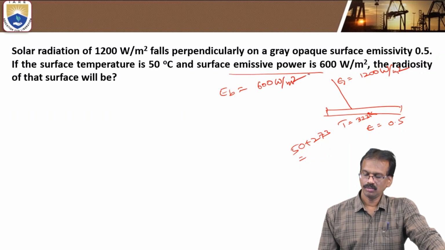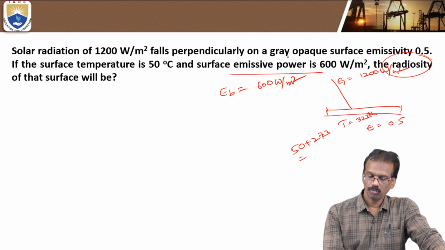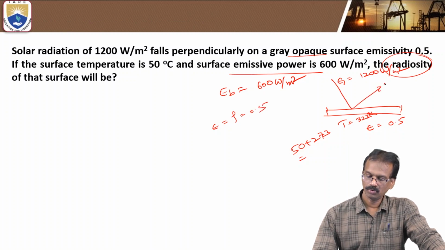Here you have to find the radiosity. It is an opaque body, so emissivity is equal to, just, reflectivity. Emissivity epsilon is equal to rho, and the value of emissivity is 0.5. So some portion will be reflected, rho G,